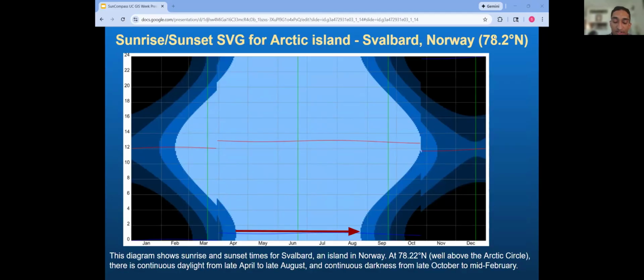And here's where it gets interesting. Once you get close to the North or South Pole, you start seeing long periods with continuous daylight or continuous darkness. So this is a diagram for an island in Norway called Svalbard. It's at 78 degrees north. And as you can see, there's about 4 months of continuous 24-hour daylight in the summer